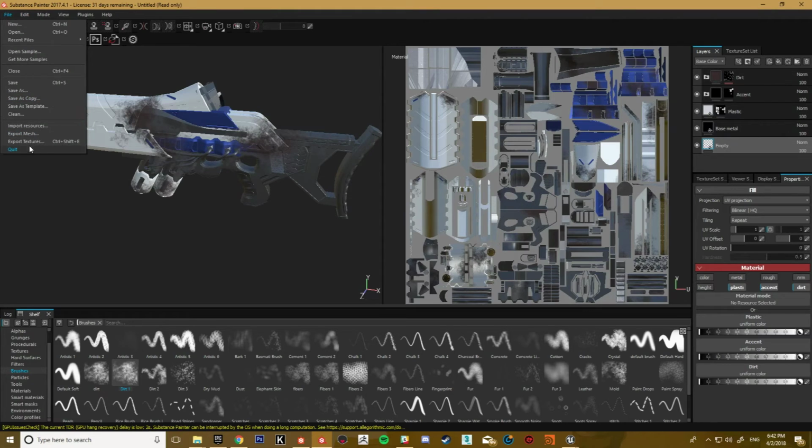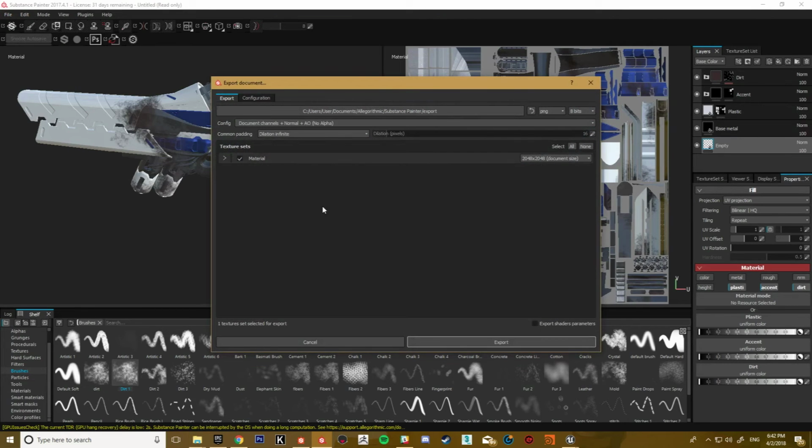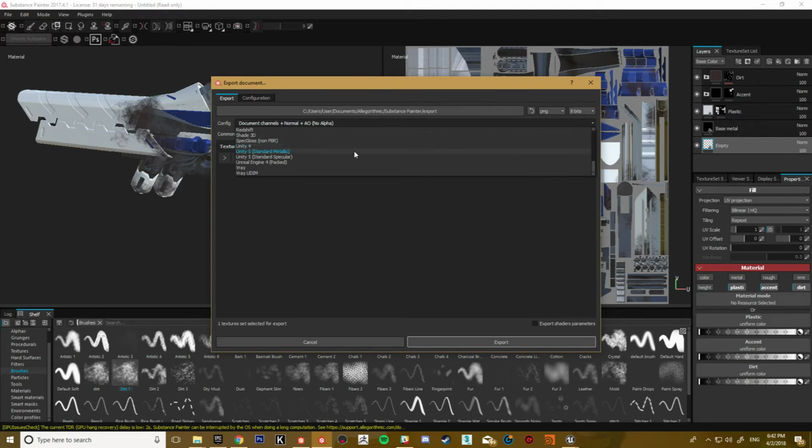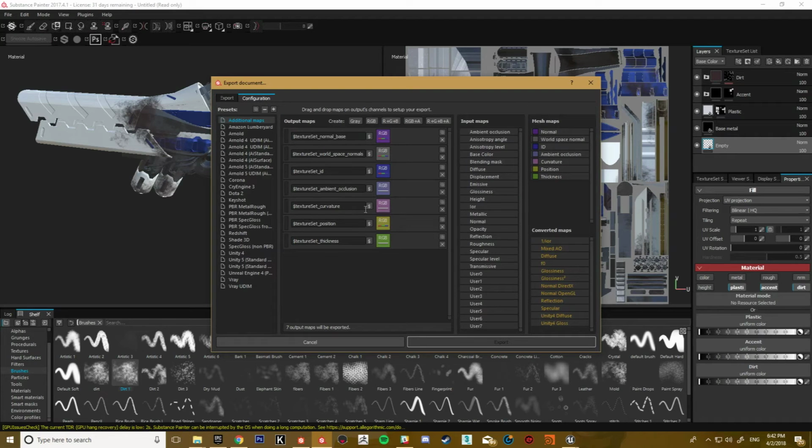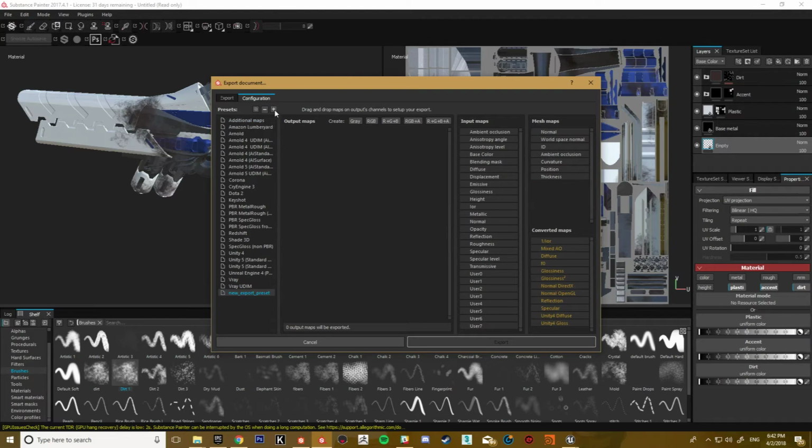So then you're going to need to set up your own export. So I'm going to hit export textures and configuration, create our own. I'm just going to call it tutorial. So my tutorial workflow, I should have one in here somewhere which is using the layered workflow, but we'll ignore that for now and create a new one.